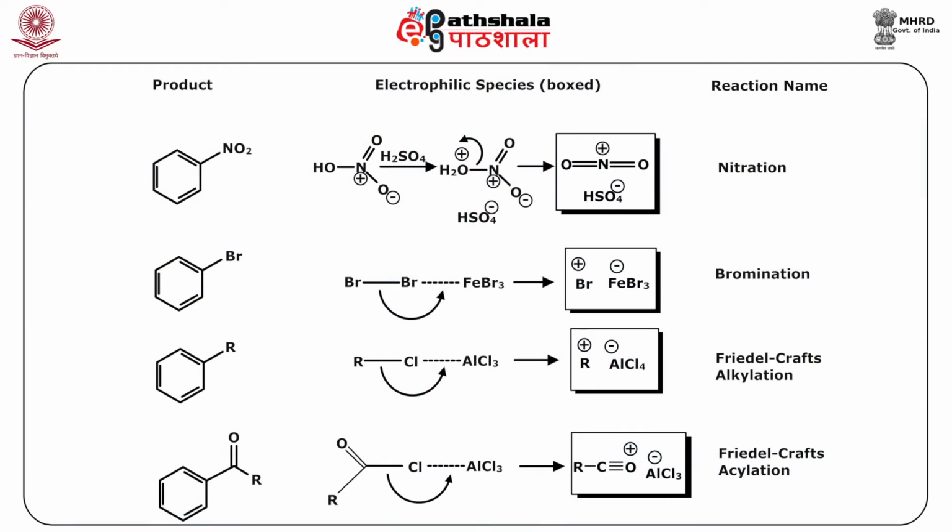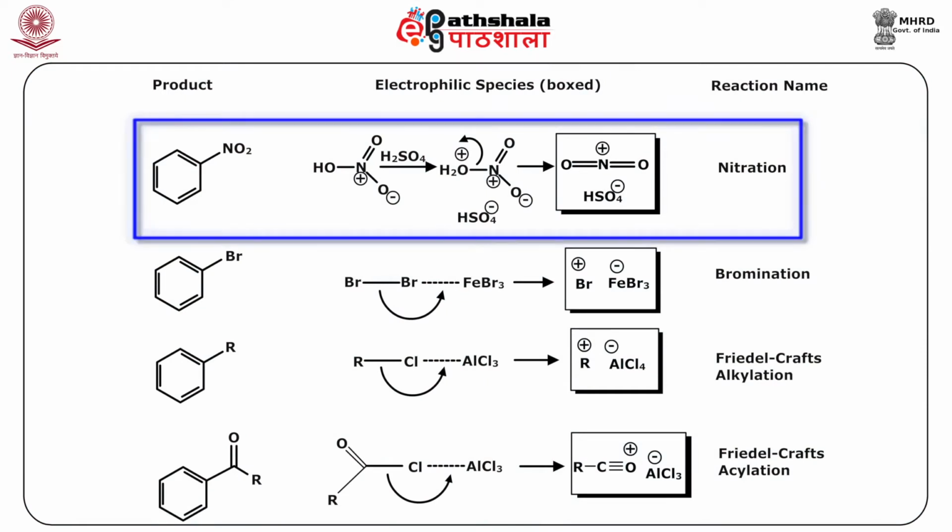And we have also learned about regain and loss of aromaticity in this reaction. But now I would like to take up how the generation of electrophiles takes place. The electrophiles can be generated in various ways in the examples that I will be discussing. Now as you can see, the reaction name here is nitration.